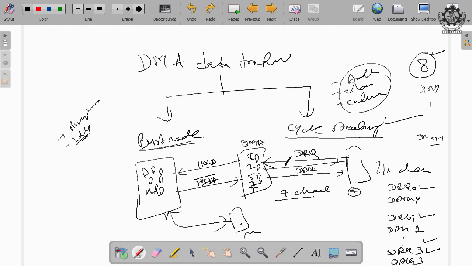But how does 8257 decide which is the best one out of these 4? That means some kind of priority must be assigned to these 4 devices, and the highest priority device will get the device acknowledgement signal. But this device acknowledgement signal will be sent to the concerned device only when the 8257 receives an acknowledgement signal from the microprocessor. Unless it gets an acknowledgement signal from the microprocessor, it cannot send the device acknowledgement.